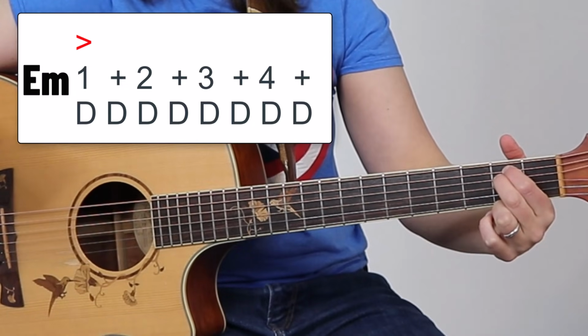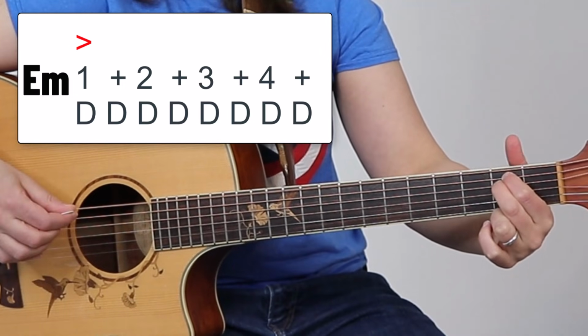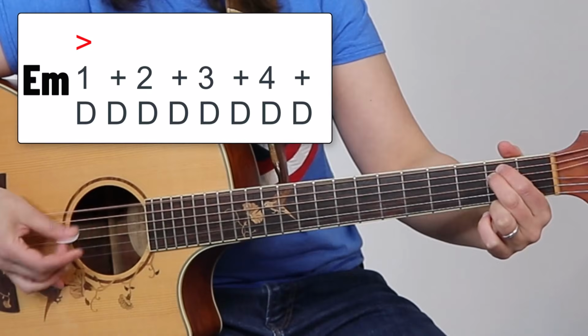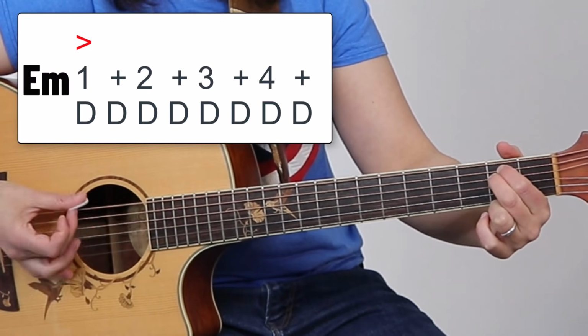So basically on the first beat, 1, we're going to let the guitar ring open, and then we're going to come right back to palm muting. So it's going to sound like this, and then we'll practice this together, right? Just so you can get the hang of adding and subtracting sound to your strumming. So it's going to be 1 and 2 and 3 and 4 and 1 and 2 and 3 and 4 and